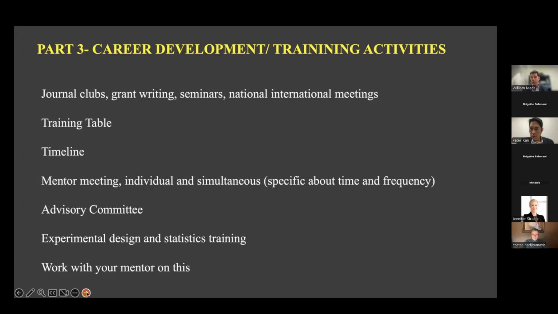It's helpful to have some training in experimental design and statistics that you weave into this. And most importantly, probably is the work you do on your mentorship with your mentor on this particular part of the career development plan. It's very obvious to people reviewing this if it's written completely by the applicant and hasn't been looked over at all by the mentor. It's very helpful to get senior visibility and input on this.